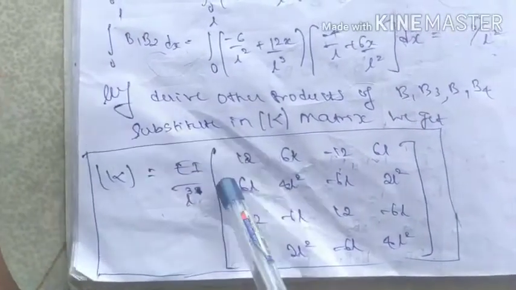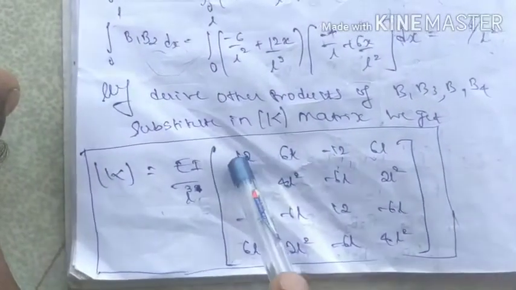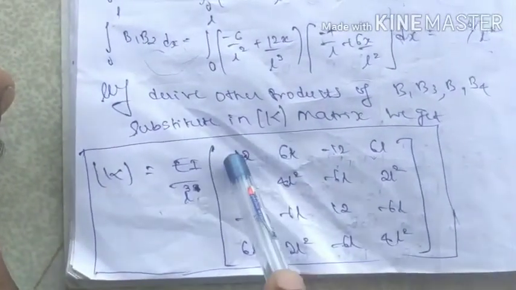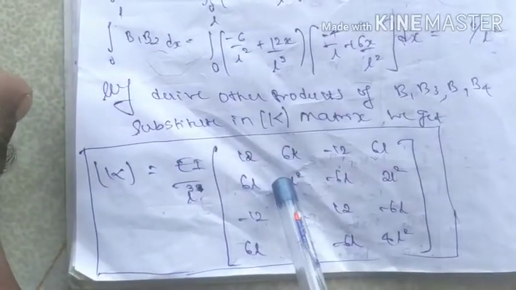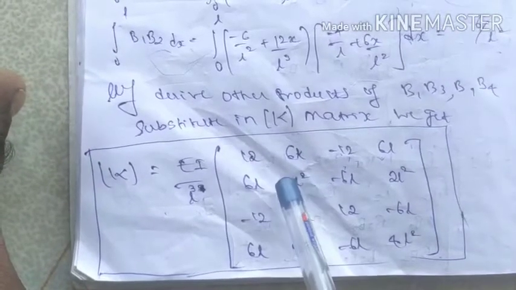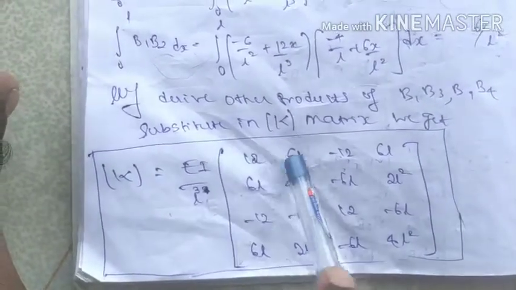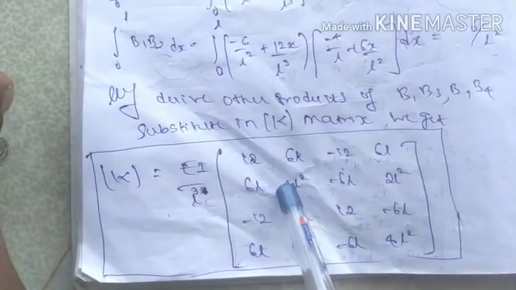So I will tell how to remember. First you write these 4 terms and repeat the same, but here plus and minus will be there. Here plus, and here you write minus, minus. Similarly, where the 4 comes, you have to write 2, and where 2 comes, you have to write 4. The same thing you have to repeat on the right side, but in place of 4 you have to write 2.